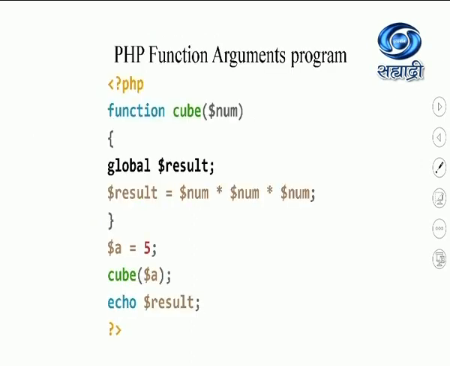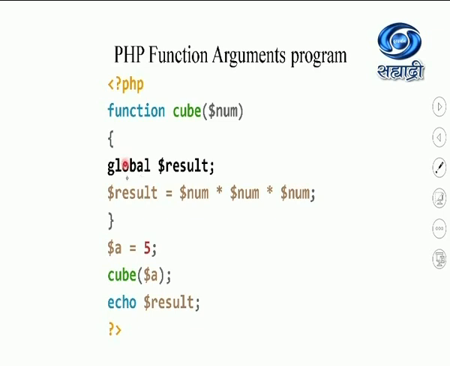Now let us see a simple program which has the argument as a variable. Here the function cube will be called. I have assigned value 5 to variable a and I have passed this value to the cube function. The name of the function is given by me; you can specify any name here. So this value of a will be assigned to the variable number when it is called.